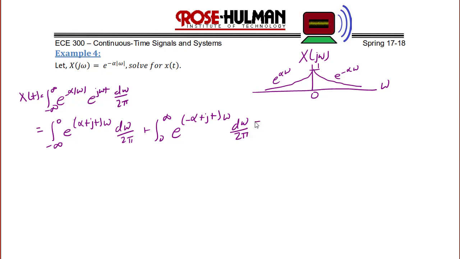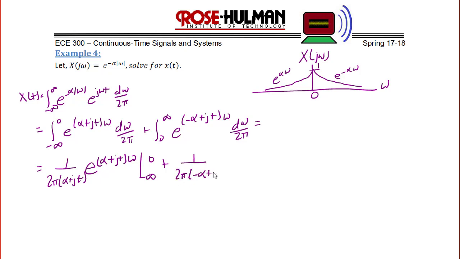So solving this, we get 1 over 2 pi times (alpha plus jt) times e to the (alpha plus jt) omega evaluated from minus infinity to 0, plus 1 over 2 pi times the quantity (negative alpha plus jt) times e raised to the (negative alpha plus jt) times omega evaluated from 0 to infinity,